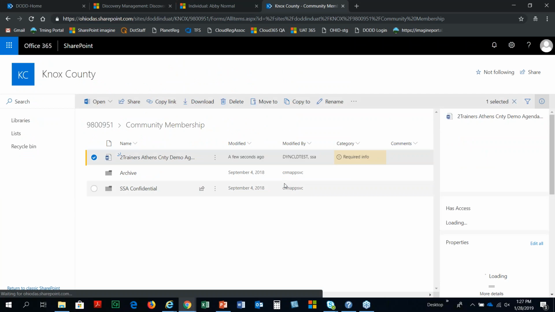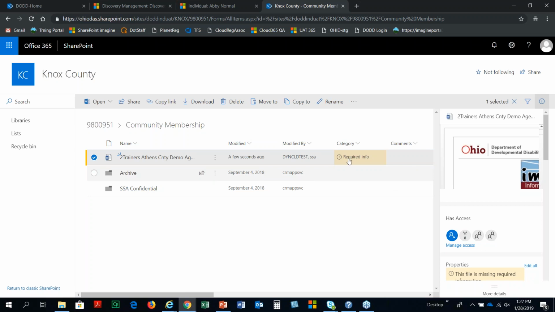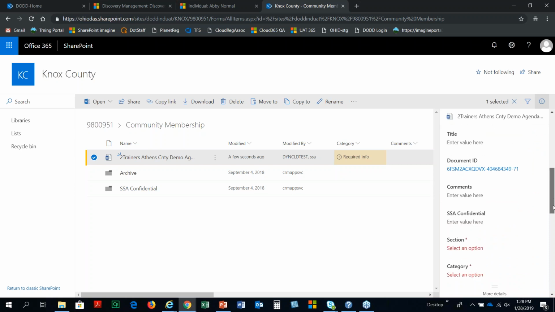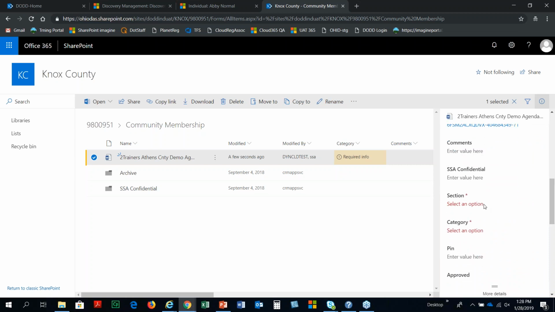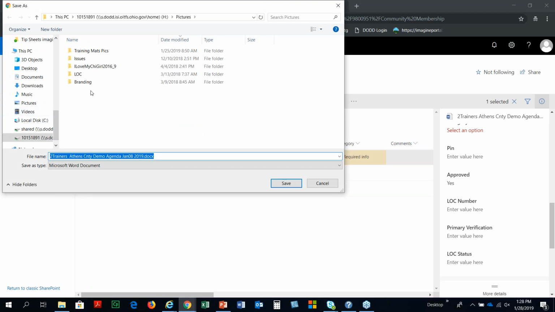And it uploads. Now again, it says required information, but because I had opened community membership beforehand, I don't have to input anything there unless I am entering an LOC document. If it's LOC, you must complete this information that's over on the side. All right, the section and the category for LOC. Okay, but there are other things that I can do also that I think are really cool. If I would like to,